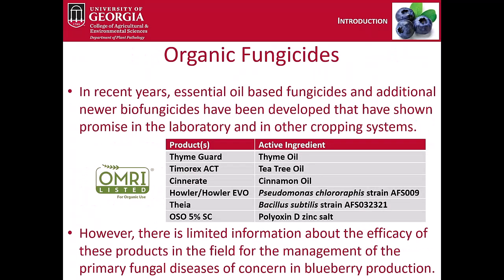So in recent years, there's been a lot of interest in developing new organic fungicides. And so there are some based on essential oils and also some other newer biofungicides that have been developed. And often these products show promise in the lab and in other cropping systems, but not always in the field. And so we really wanted to look and see if we could add some information about the efficacy of these products in the field for the management of the primary fungal diseases of concern in blueberry